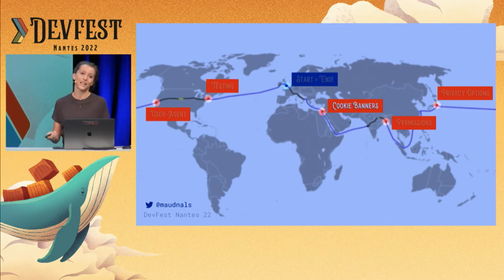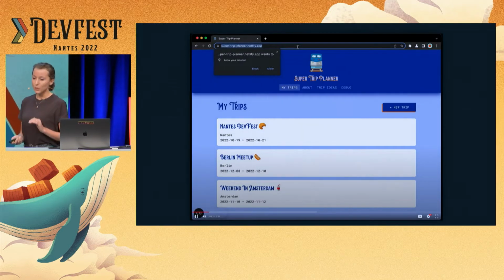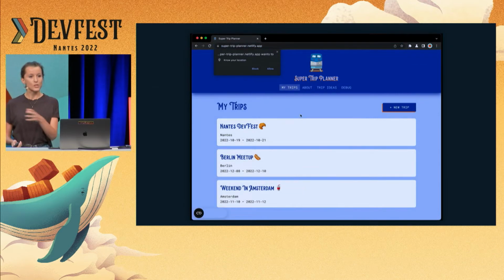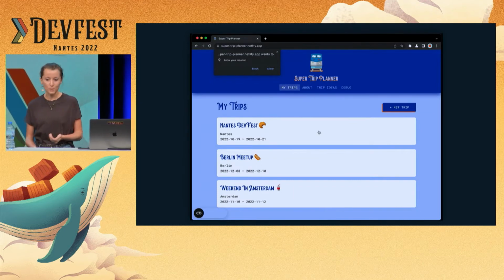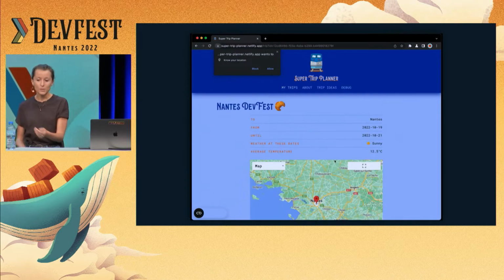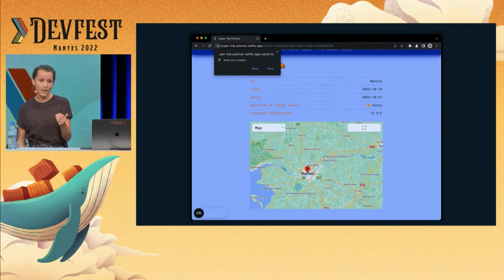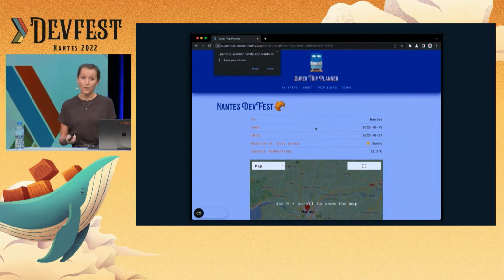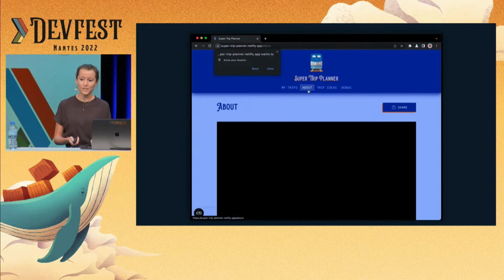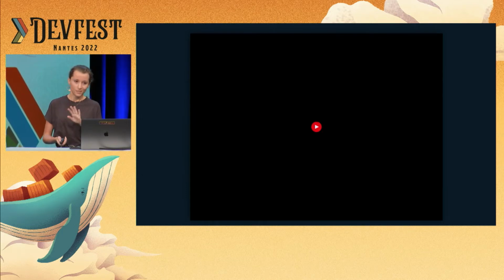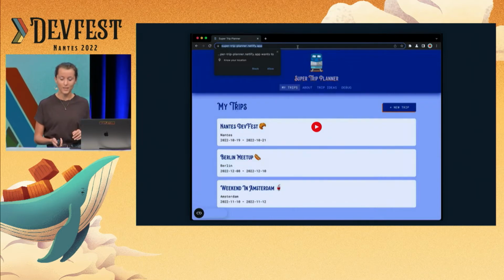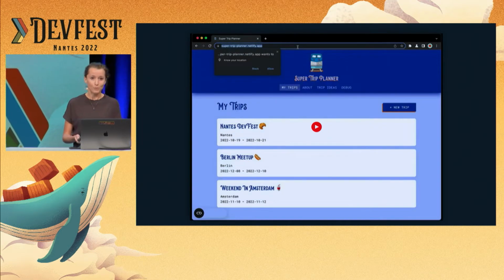And our first stop kind of has to be the cookie banners, right? Before I move on, just a quick note. Along this talk, I'm going to use a demo web app as a red thread. It's a little web app I built, just a demo to plan your trips. You can enter an overview of your planned trips and get an overview of each trip with a map inline, so you can check out the place ahead of time to decide what you want to visit. We also have a few video embeds for tips on how to plan your trips if you need that. And there's also a page that's empty right now with trip ideas. I'll come back to that. It's unusable as an actual trip planning app, so don't use it.